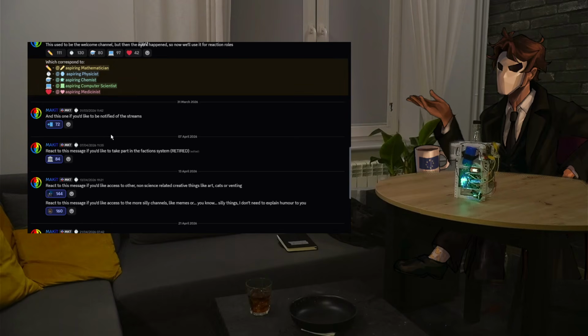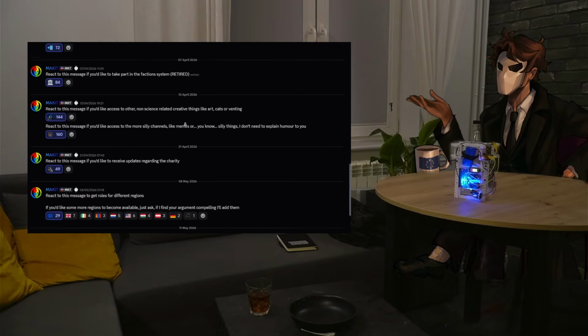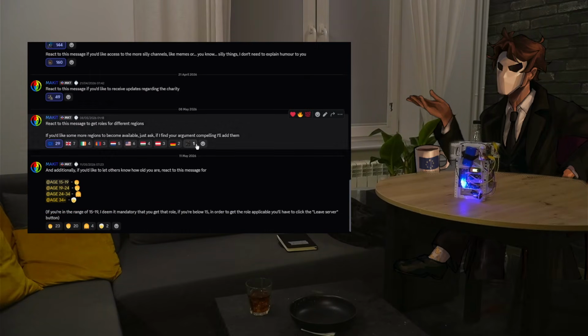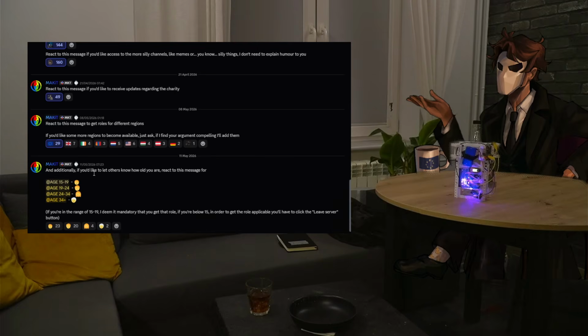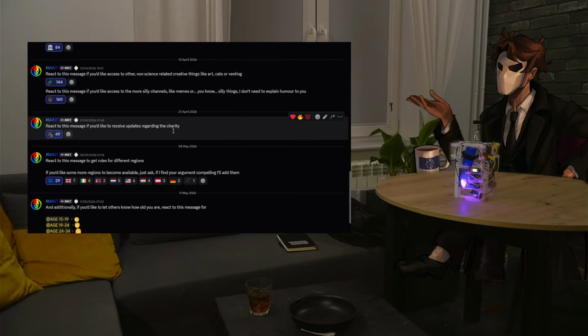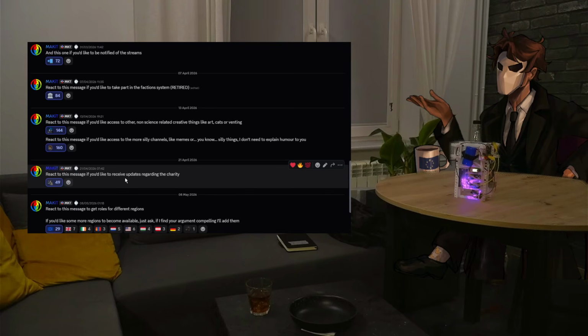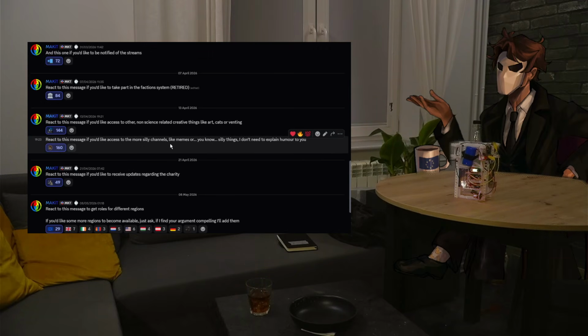Alright, I've cut out all the channels on the side because I have access to all the channels and some of them are secret, which can only be gotten through Easter eggs. It's a long story. But the point is, this is what you see. And right here you can select a whole bunch of roles you'd like to have, select your age, your region, if you'd like to share those, for updates regarding the charity, updates of the streams, etc., etc.